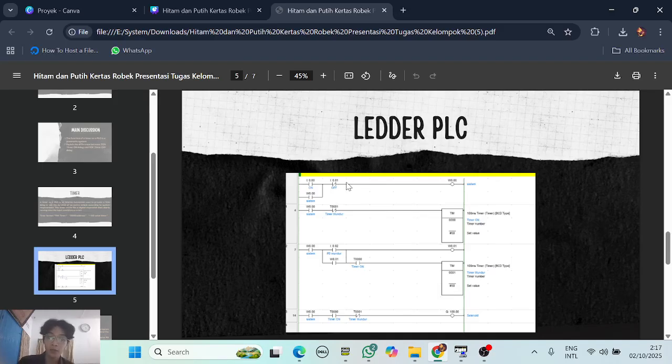And if we want to make the system off, we have to put some value on PB off. Okay.